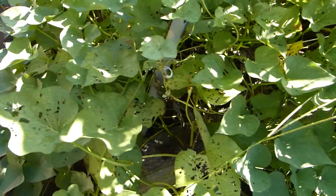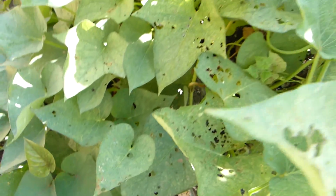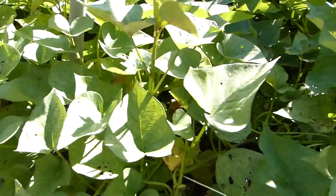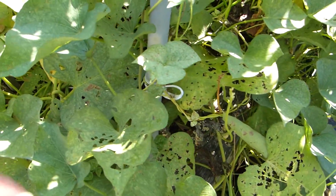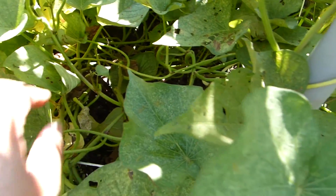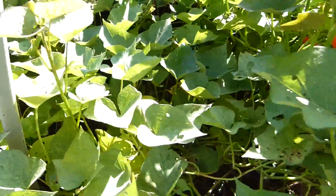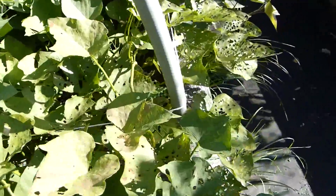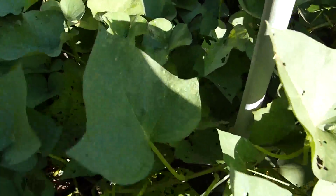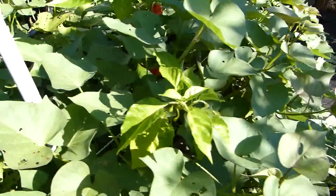Anyway, so what I was saying, yep, we're gonna be able to harvest some young sweet potato leaves for our greens, and hopefully we do well with the tubers as well. I don't have anything visible yet. Sometimes you could actually see them above the soil level when the tubers started forming, but I have no doubt that there are some sweet potatoes in there developing, because several times I have seen